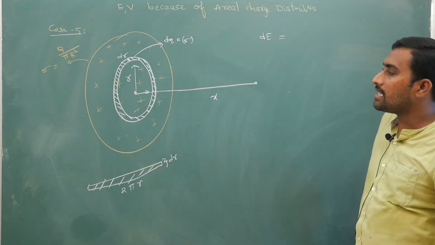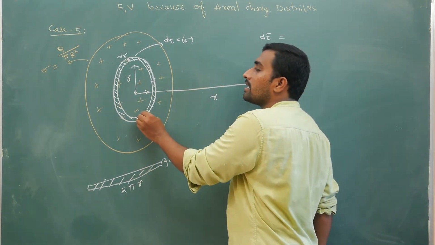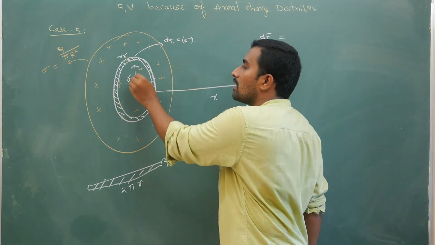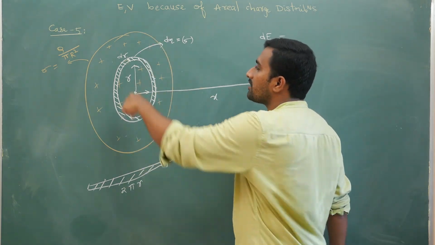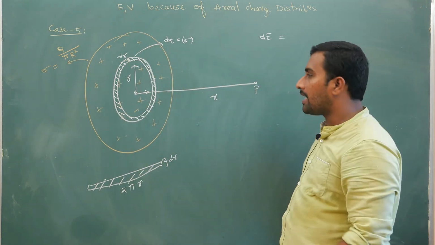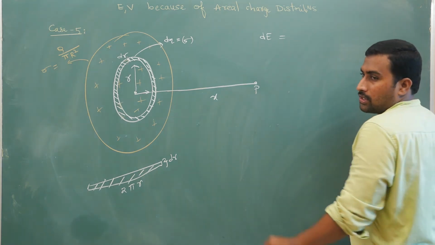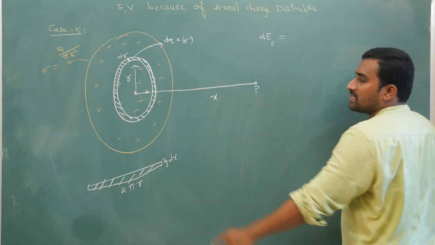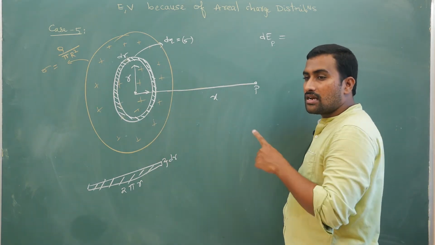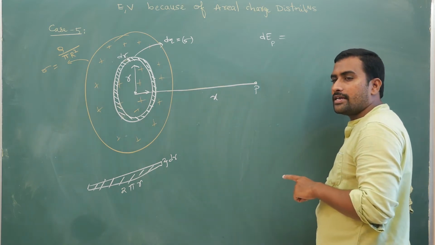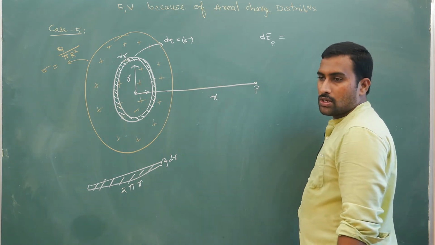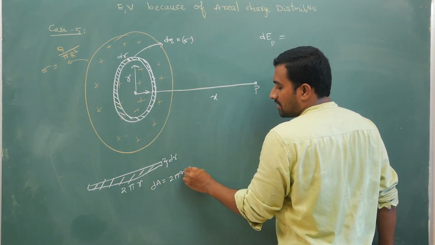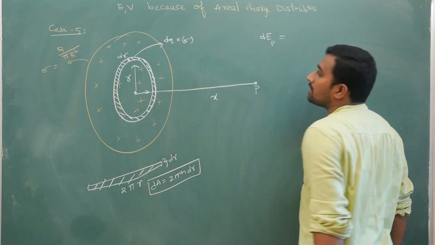Okay, I am taking a small ring. Because of this small ring, I will calculate field at this point P. Like this, if I add one small ring, second small ring, third small ring, like this, if I keep taking many rings and add those, I will get the resultant electric field. So at this point P, because of this small dq element, because of this ring, if you have any doubts, refer to my video based on integration application in physics, how to take this strip. So here your small area dA is in the shape of a rectangle, so that is 2 pi r into dr is your small area.